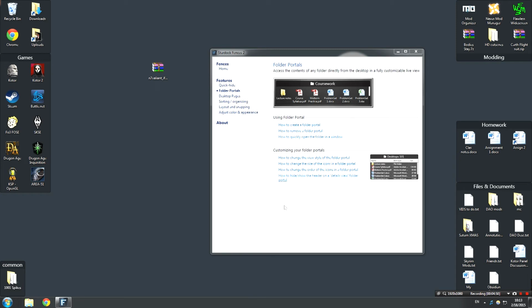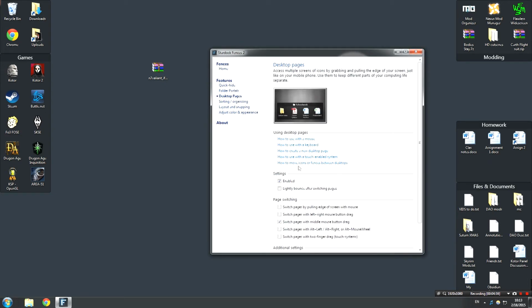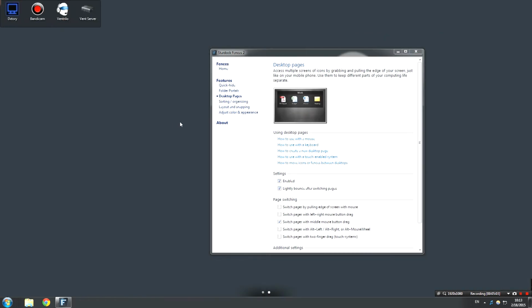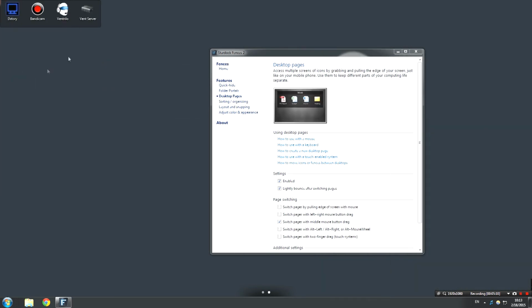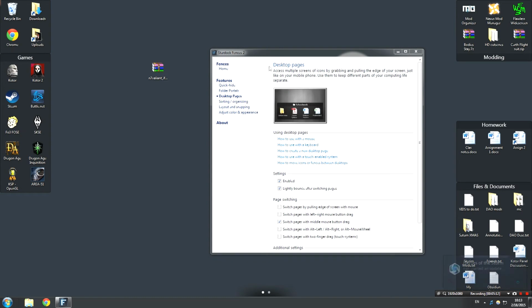Okay, there's a bunch of other folder options here, including style options and layouts, and we will look at those in a moment, but I don't want this video to be too long. Next up is desktop pages. You can change a bunch of the settings here, including a light bounce. So if I scroll over, it adds that little bounce. I don't know if you can see that. Stuff sort of swings there and then swings back. Just another really kind of cool little feature to make it look good. Thank you, Heroes of the Storm.